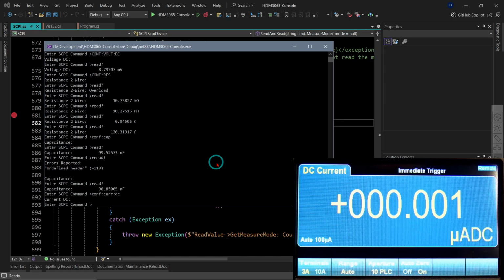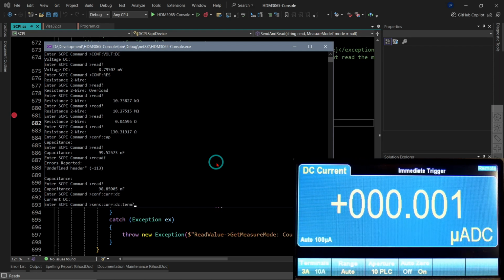Yep, now we're in DC current mode, and if I now go, this is the sense command, current DC